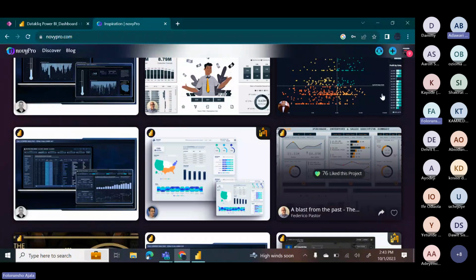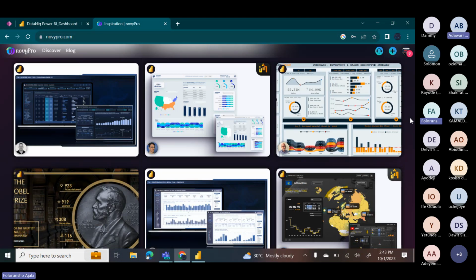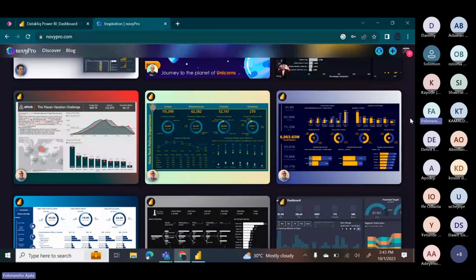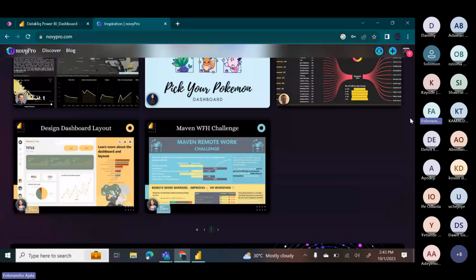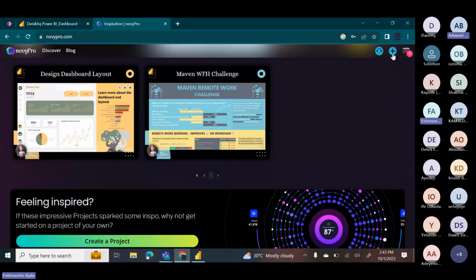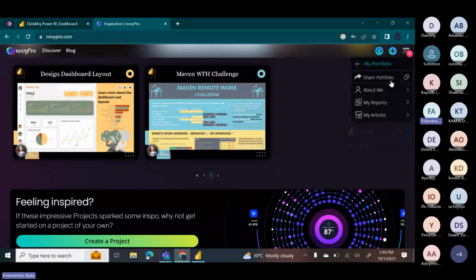Maybe you are building a dashboard and you don't know the inspiration. You want some nice design. You can come to Novi Pro to get dashboard inspiration as well. So you can see a lot of dashboards are here. Now if you go to your right hand side, you will see this plus sign and your account. You can see my portfolio. So if I click on my portfolio now,